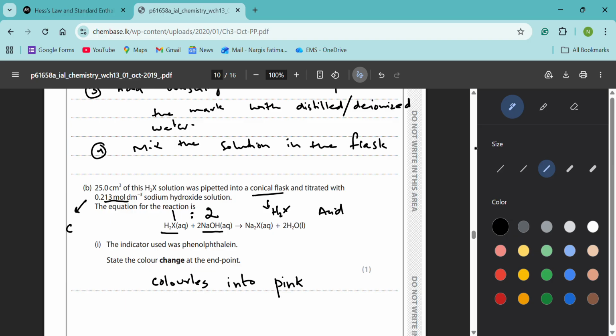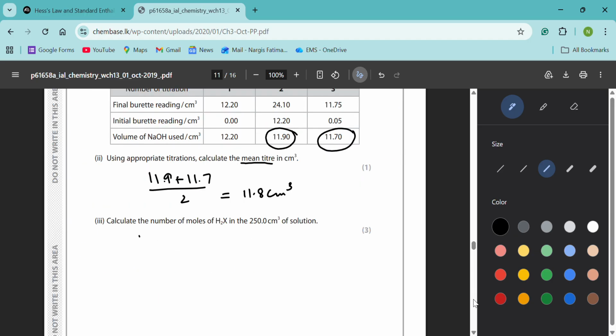It means 1 mole of acid reacts with 2 moles of sodium hydroxide. And we have the concentration as well as the volume of sodium hydroxide. So first we will find the number of moles of sodium hydroxide, and through that we will calculate the number of moles of acid. Okay. So in the first step we will calculate the number of moles of